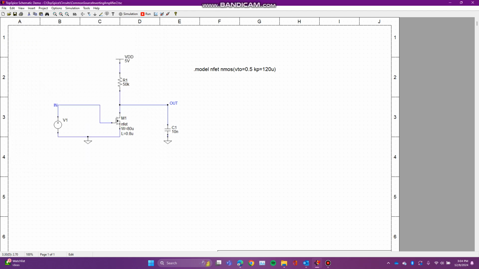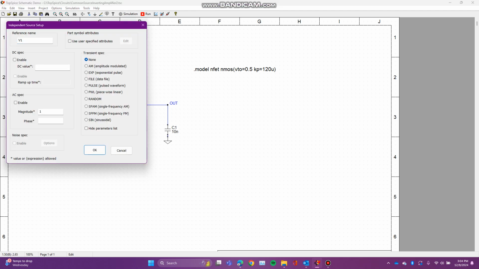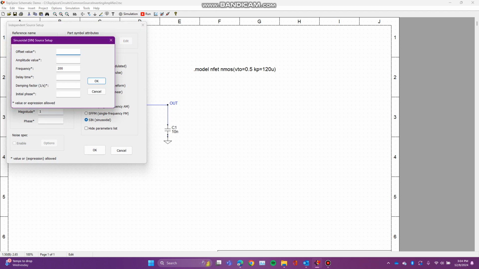Now, with this KP value and the width and length and the turn-on voltage and everything considered, the VDD and the R1 value, we should expect a bias voltage of about 0.591 volts. So we'll go ahead and set up our voltage source with the bias of 0.591. The sinusoid, we'll do an offset. So to maintain that small signal analysis, we'll set up the bias voltage, we'll do a small amplitude to not